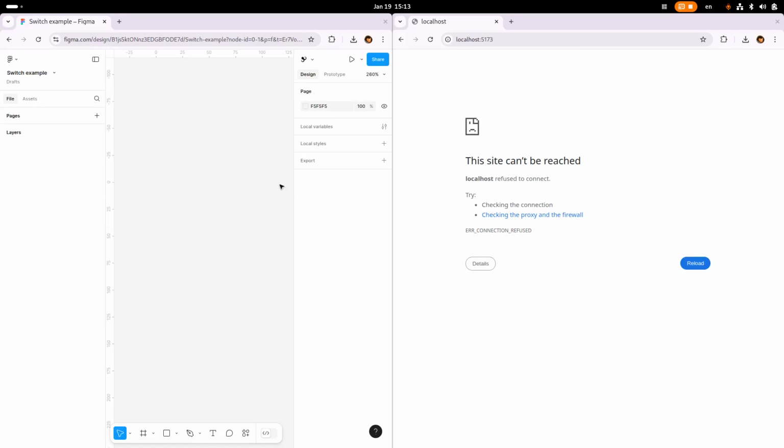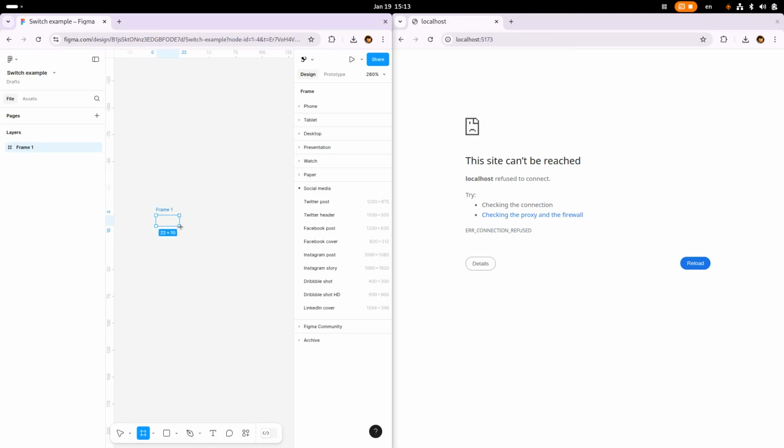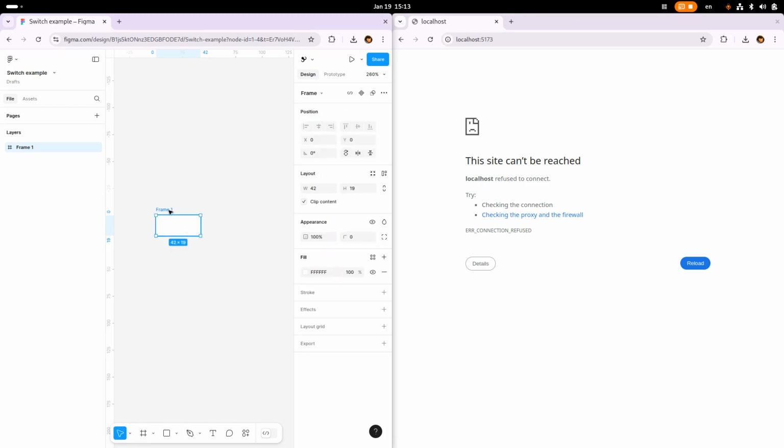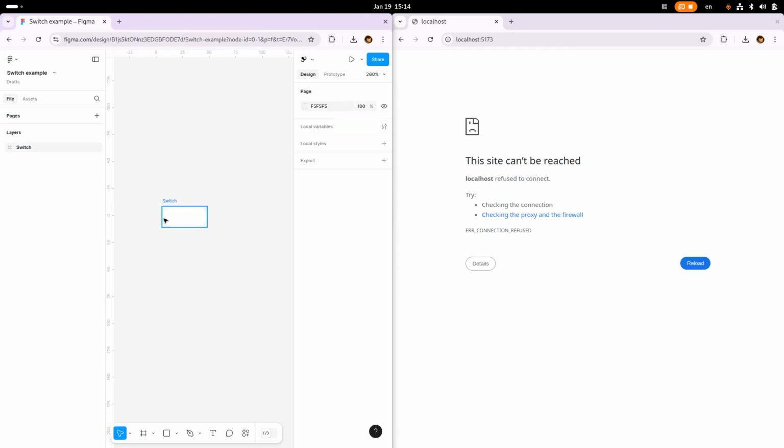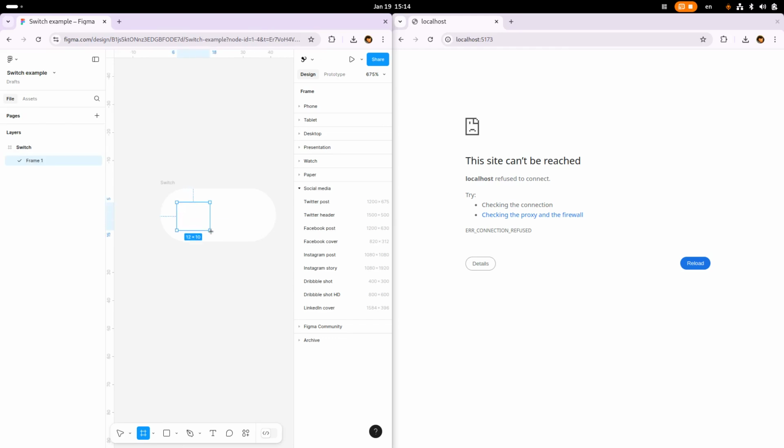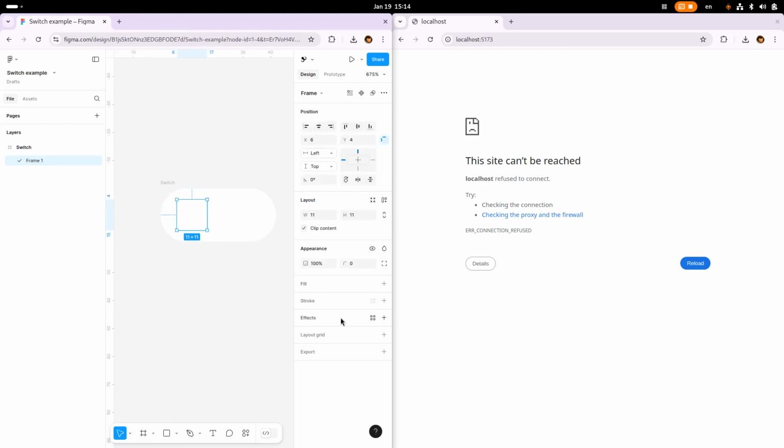Today we'll see how we can implement a switch component using Radix UI and Polipo, starting from a Figma design. So we'll begin by drawing our switch. Just start with a frame. We name it switch. We make it rounded. That's it. And now we add an indicator here, which is another smaller frame